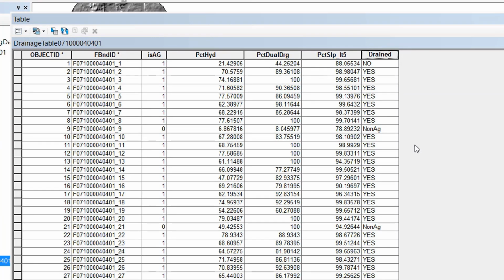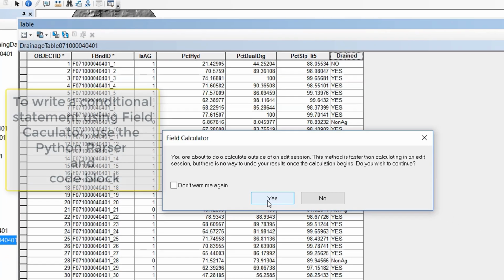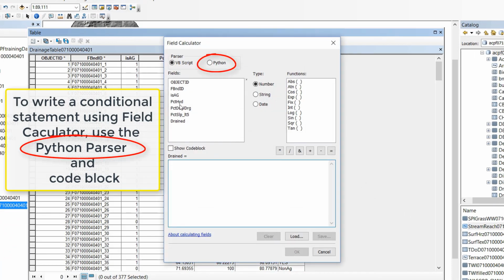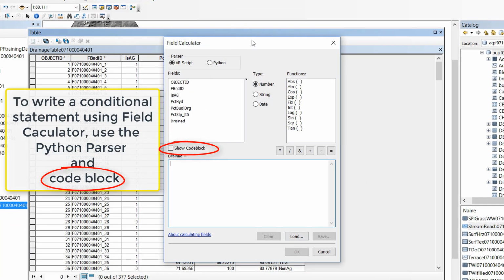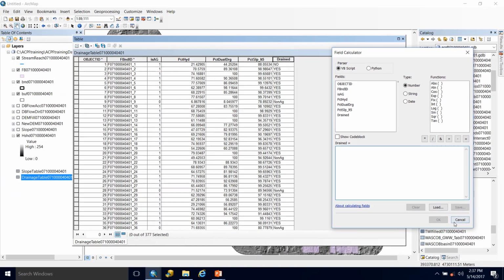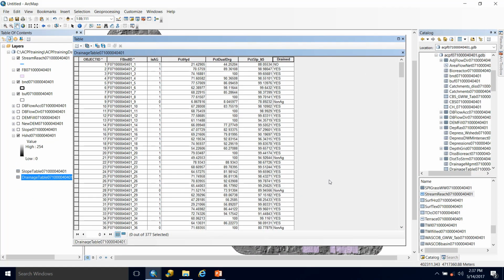Based on the query you used and the quality of your gSSURGO data, you may be satisfied with the results of this tool. However, if you have local knowledge as to whether a field is drained or not, and it doesn't happen to match these results, or you would like to generate another query using this data, you can change these results here. You can start an editing session and change them manually, or if you open up Field Calculator, you can create a new query in here and get a new output for your drained field. This is just a little bit of info if you'd like to explore further into this information. However, it's not necessary.